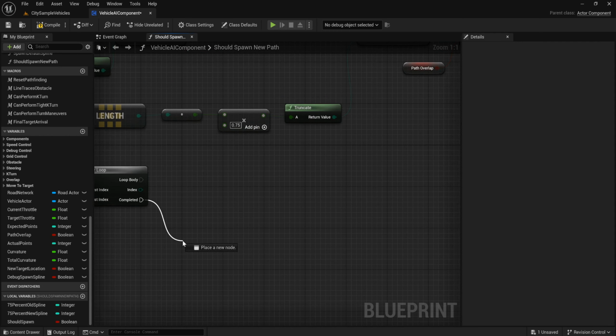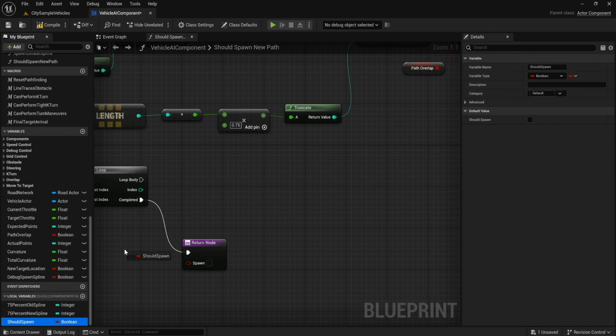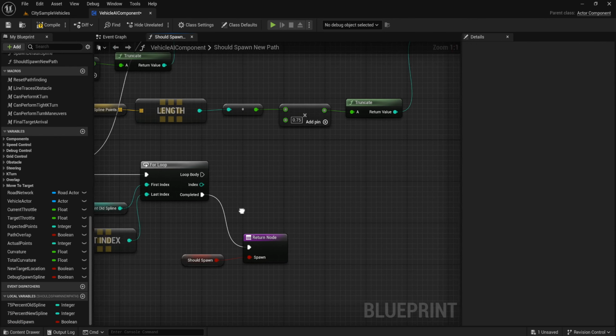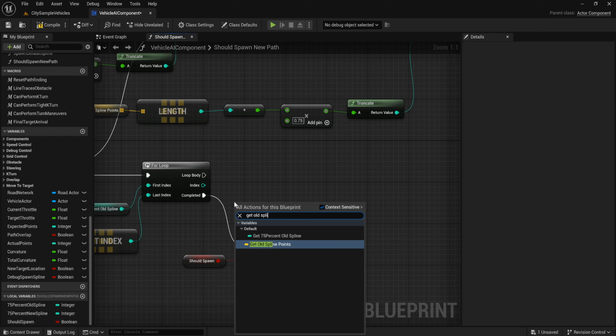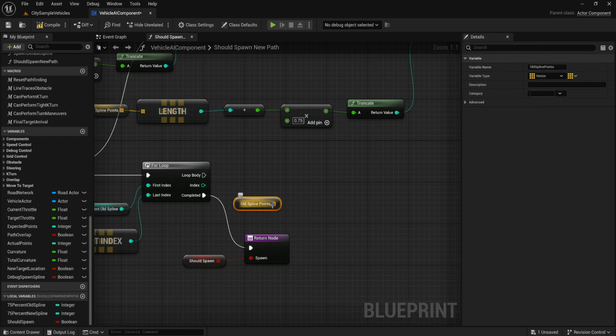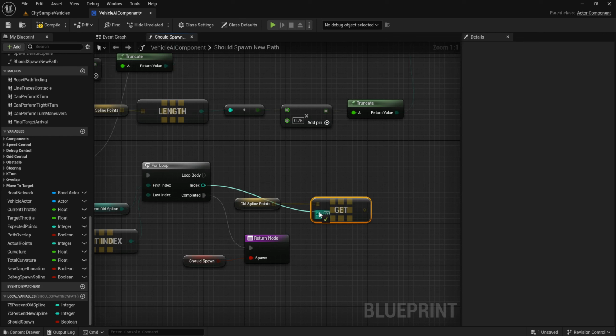When we complete, we return this should spawn. And get all spline points. Get reference of this index